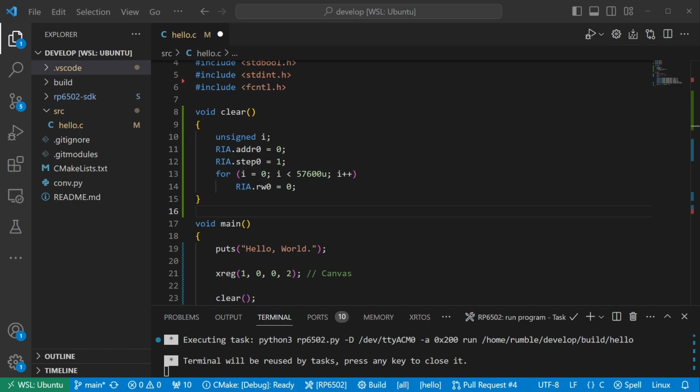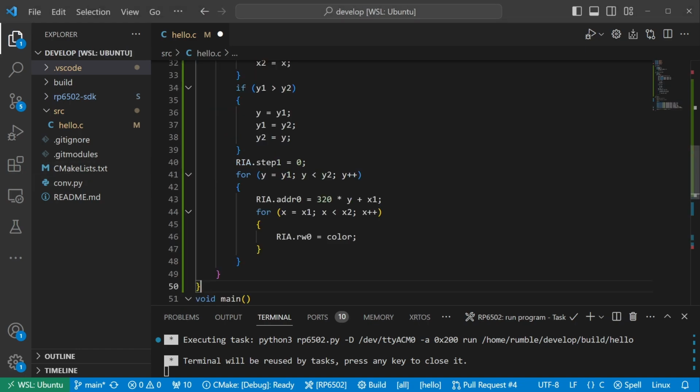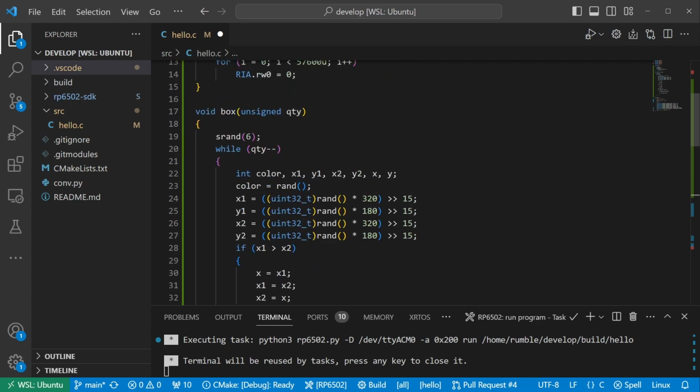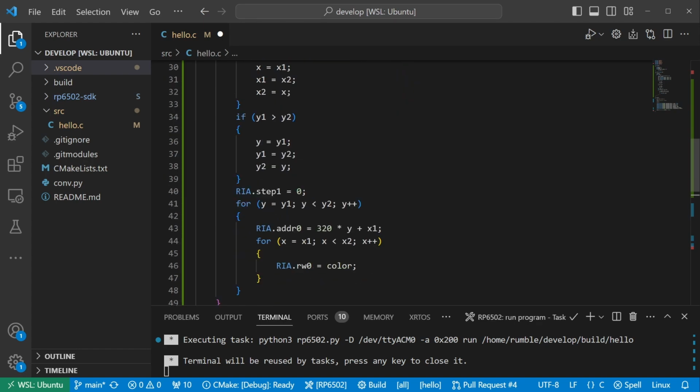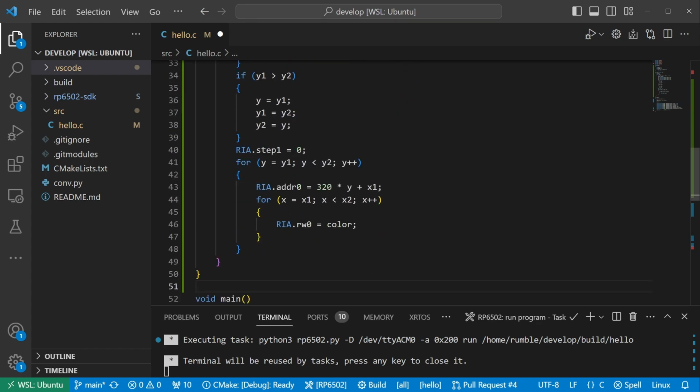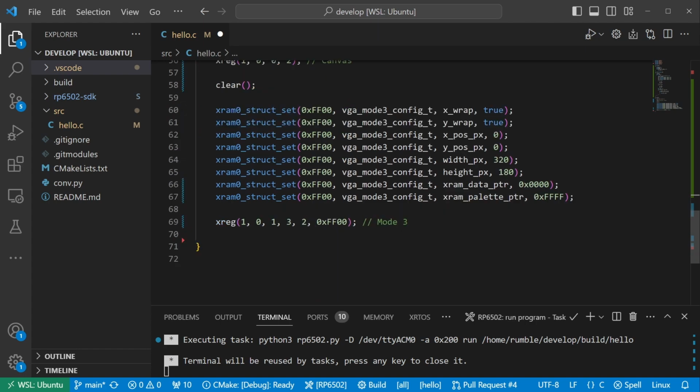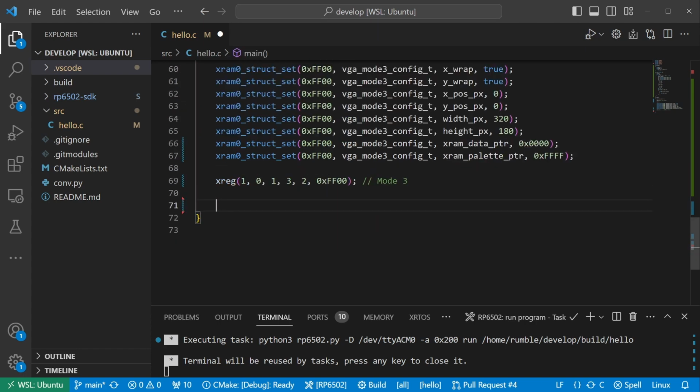I wrote this function which draws a number of random boxes in random colors. There's nothing special in here. We gather some random numbers from the C standard library, shuffle them around so the loops only need to increment, and then loop over the rows and columns to set the color. I'll ask for 10,000 boxes so we can watch it run. This is real time without any coprocessing, but the 6502 is running at 8 MHz, so it's probably a bit faster than your childhood computer.